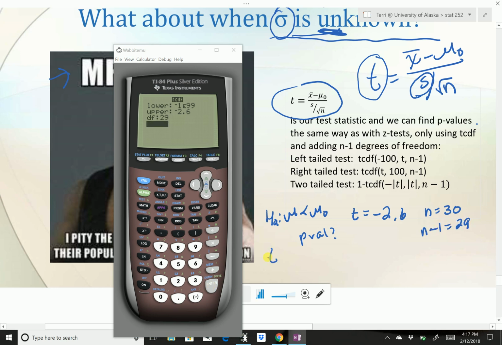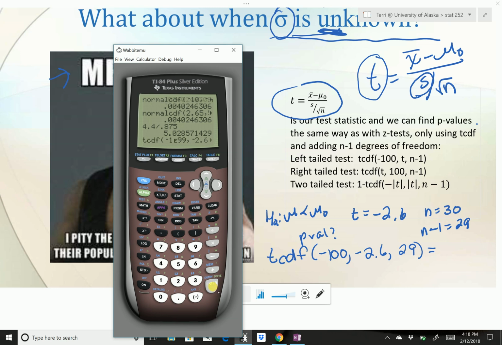So if I have a kind of calculator that doesn't come up with a menu like this, I'm going to write it this way. TCDF, negative 100. And notice I go a little bit farther out. For standard normal, I went to 10. For the t, I want to go a little farther out. This is probably overkill, but simply because, of course, the t has heavier tails. It can go farther out before the probability is so tiny that it's 0. So I want to be on the safe side and go to negative 100, up to negative 2.6, and I have to put my degrees of freedom here of 29. And let's see, paste, that's what it looks like, equals